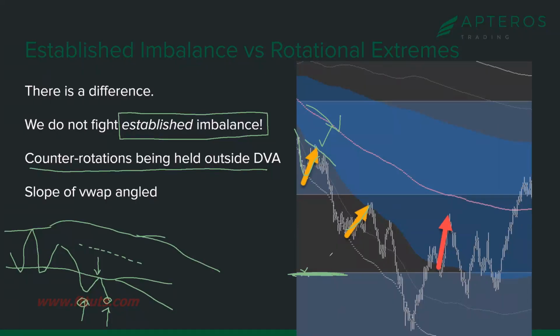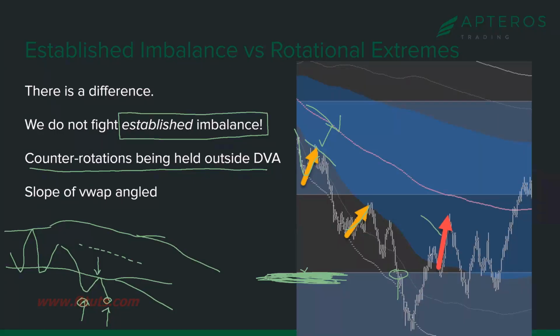If you really want to get long, and this is your main line in the sand, your best idea, I want to be long from here. You don't do it here. And I'm not just saying that because it blew through there and didn't work. You do it here once the market starts to go rotational with DVA.